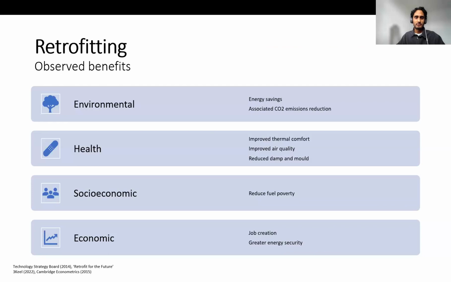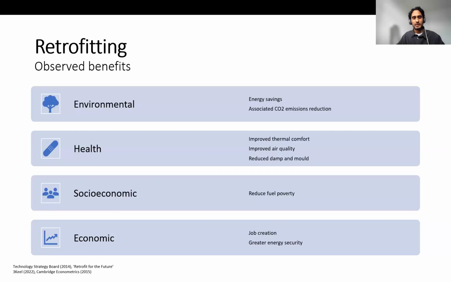The most obvious being the energy savings, since we often call this an energy retrofit. And this is because, as I said, the internal condition is less sensitive to the external, but also the systems are more efficient in achieving this heating and cooling demand. This has associated with it a reduction in CO2 emissions, since you'll either be using less electricity from the grid or you'll be burning less fuel on site.